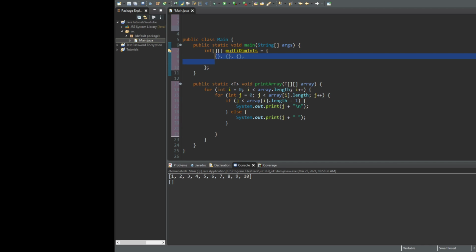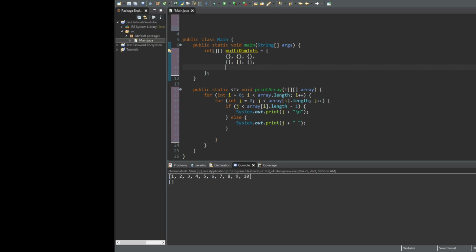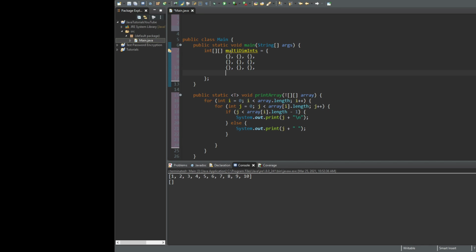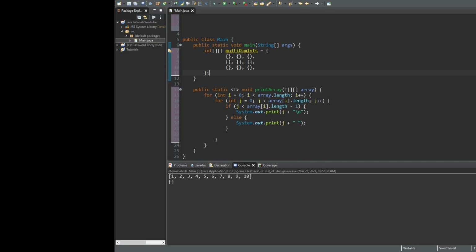We'll have 9 bits of data in each. Just like that. And we'll have 1, 2, 3, 4, 5, 6, 7, 8, 9,